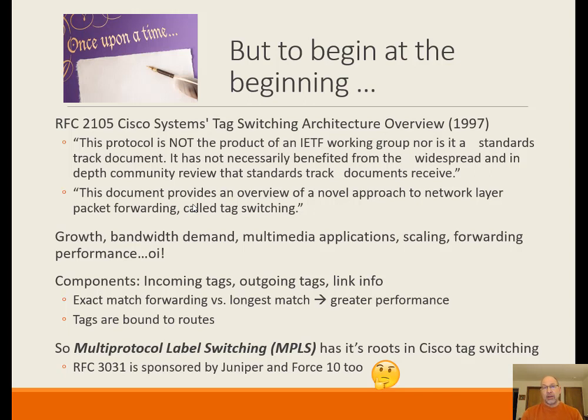And remember that the big three when you're routing packets are prefix length, administrative distance, and metric. Prefix length is longest match. And so what we're after there is the longest prefix match, or longest prefix length that matches a destination. And so it takes a little bit of time. When you're doing just the exact match forwarding, finding the tag that you need and sending it off, you get